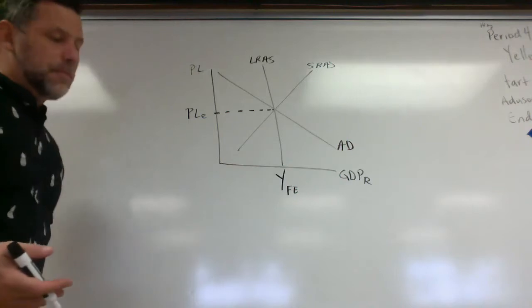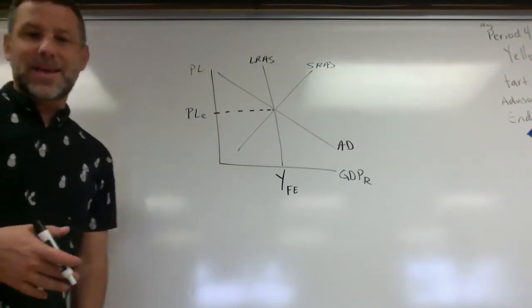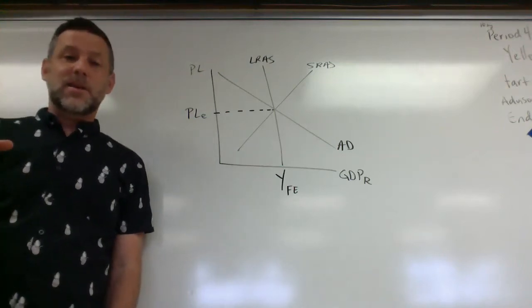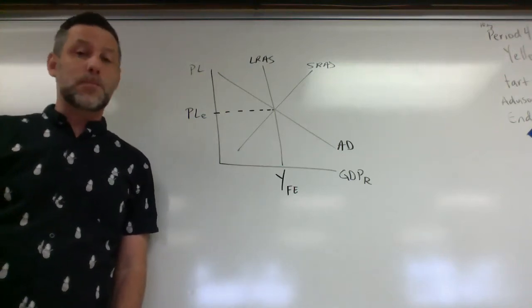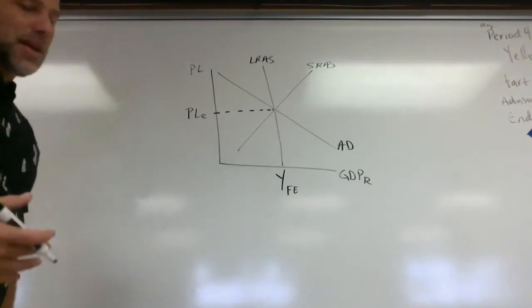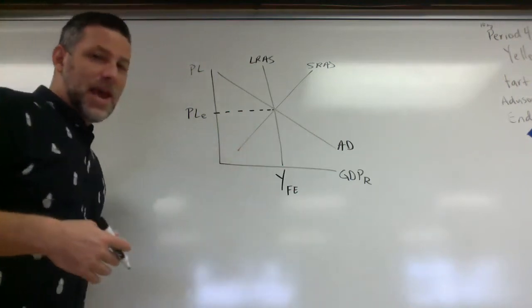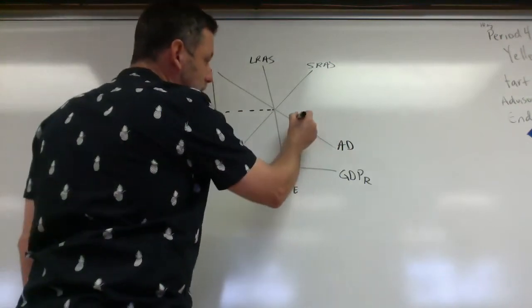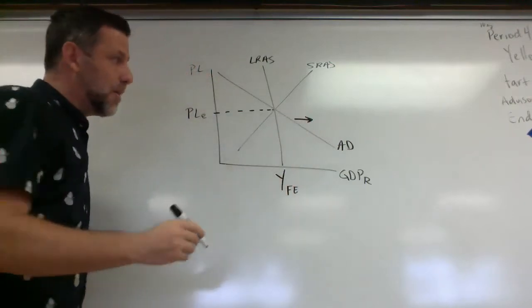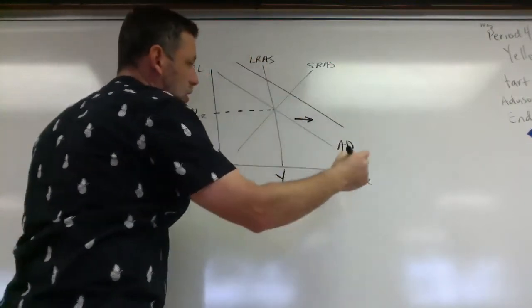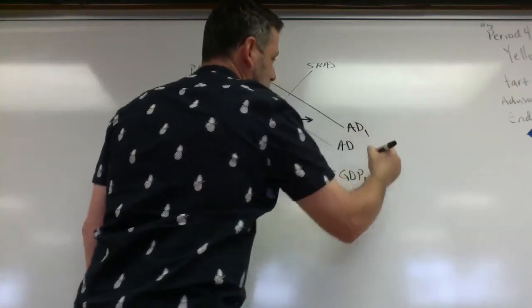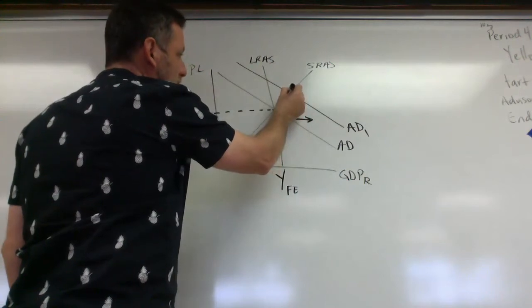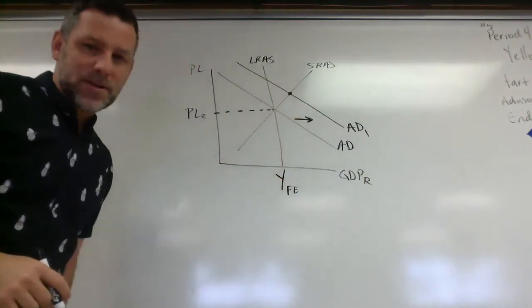So for instance, for number 1 on the worksheet, it says Calvin, and this comes from the Calvin and Hobbes comic that I used to show in class. Calvin and other kids convince their parents to buy them more big ticket items for Christmas to kind of boost the economy, right? So if Calvin gets his parents and other parents want to buy more for their kids, if we get more consumer spending, aggregate demand is going to increase. So I draw my arrow, I draw my new curve, I label my new curve, and then I find the intersection point between my short run aggregate supply and my